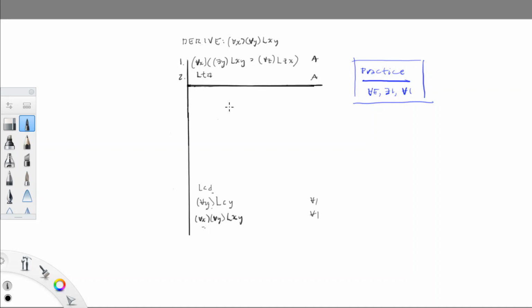Okay, so one of the things you might think of is that in order to work with premise one, we're going to have to apply universal elimination to that statement. And so that means dropping the quantifier. It means also, in this case, dropping the outer parentheses. And it means replacing these x's here and here with some name.